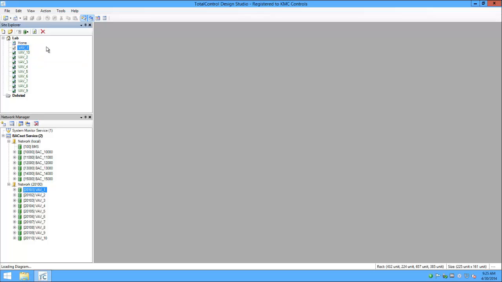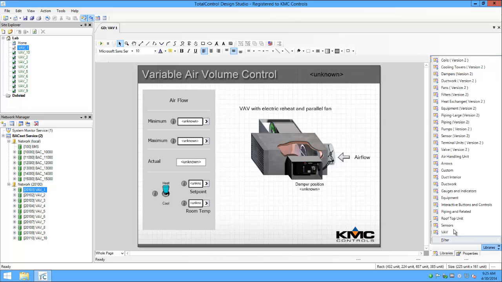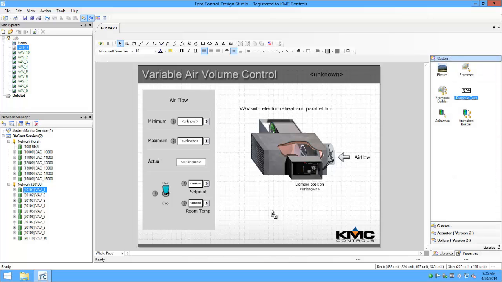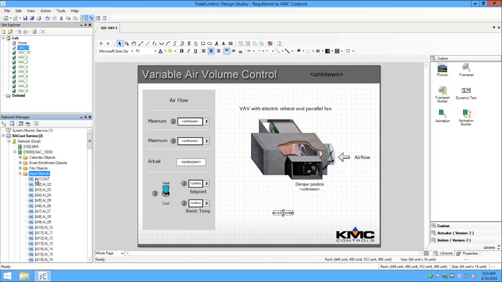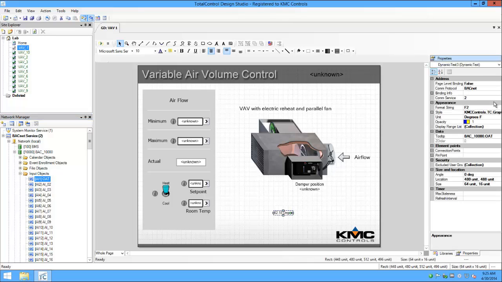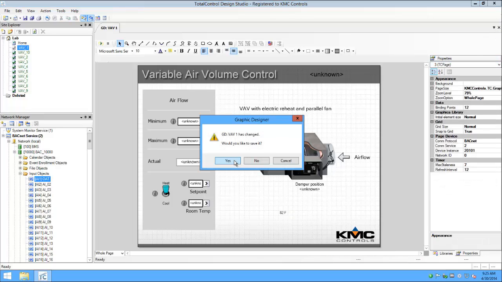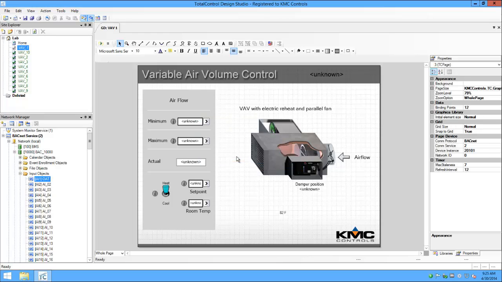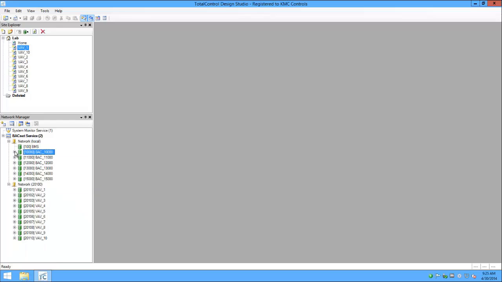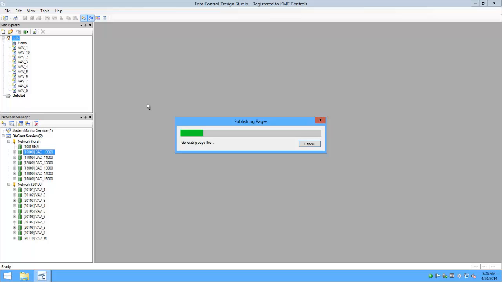To demonstrate, we'll open this first VAV page. Add an element to the page, drag in an outside air temperature, set up the formatting, and save the page. Now, since we didn't set the page level binding property to true on that one, that will remain static across all 10 pages. So if we publish these pages